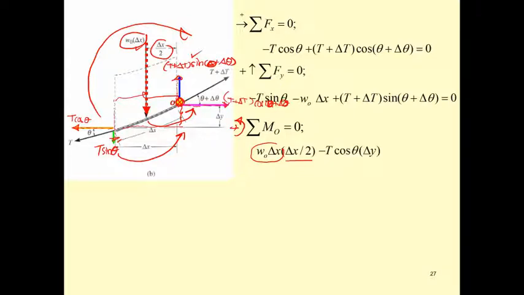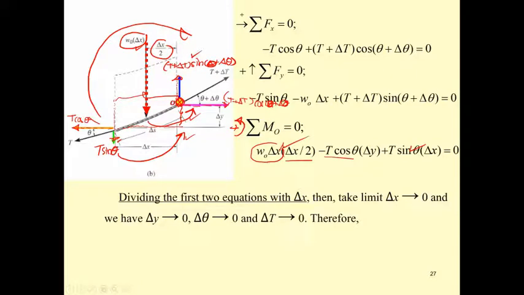T cosine. Oh, sorry, T cosine is here. T cosine rotates like this, and T cosine times delta y. And T sine here. T sine times delta x. Okay, and we have this is positive. This is positive. This is positive. This is positive, and the last one is negative. And if we consider the